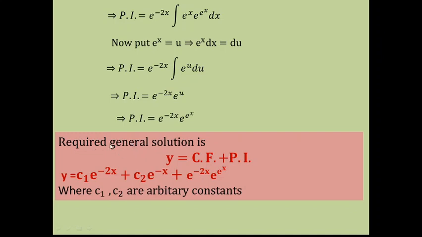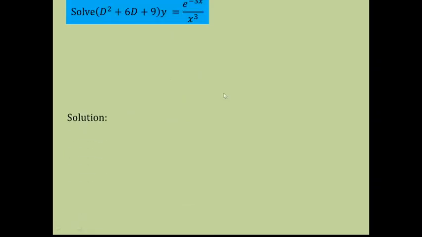Okay, so as we have obtained the particular integral here, we can write the general solution as per our procedure. So in this way we get a general solution. Now let's see one more example. Again, the right hand side function is this. For this we cannot apply case number 1 to 6.